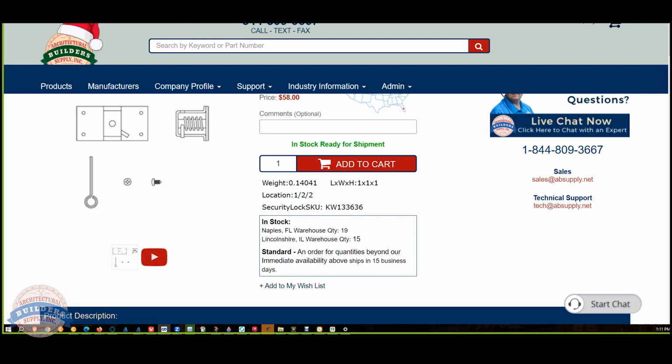Or you could have electrified dogging, meaning the dogging function can be achieved via a motor or a solenoid. And the advantage of that is, well, you get dogging, but it's code compliant, because if the fire alarm panel tells the device to open the circuit, the door's automatically relatched. But in schools, you're always going to have cylinder dogging, because children are going to figure out that they can leave that door unlatched